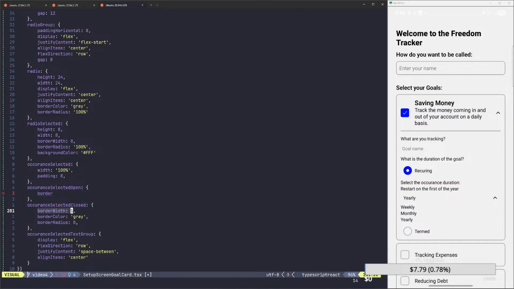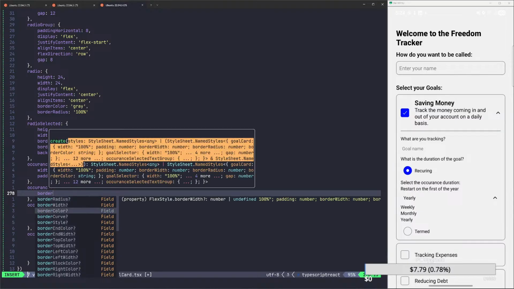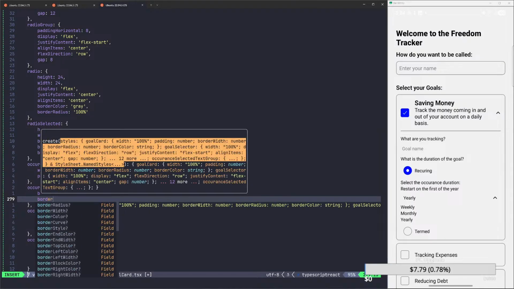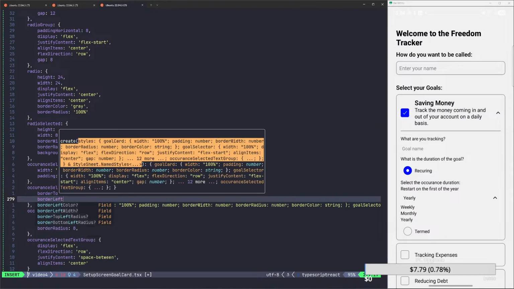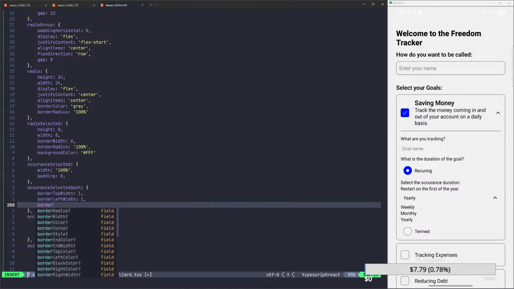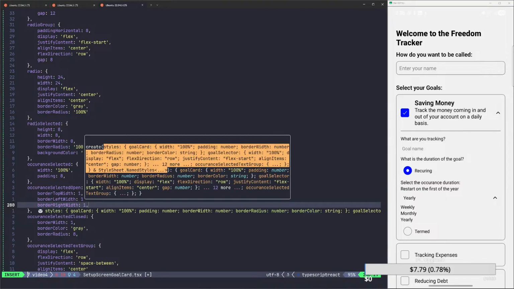I think we can. Can we say like border, yeah, okay, so border top width 1, border left width 1, border right width 1, and then